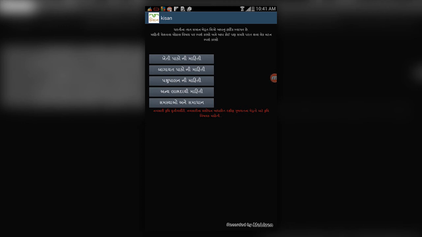At last, basically I want to say that it has all the information that farmers actually require in the field, and all this information is available 24/7 to the farmers on their mobile phones.